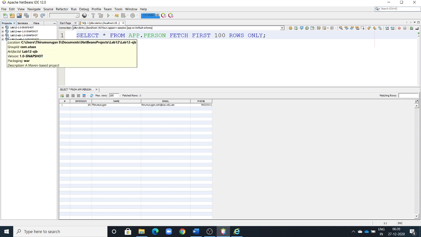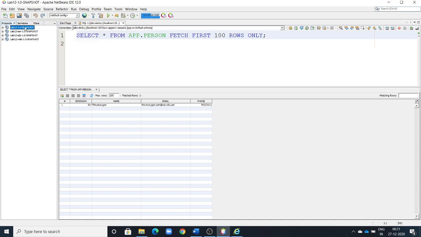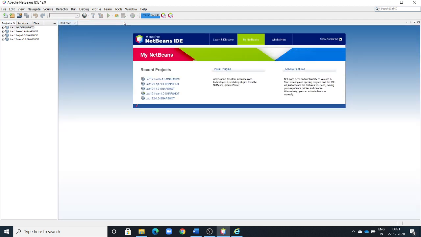Next one is the EJB, that is Enterprise Java Bean. This EJB project generally contains the business logic of the application, packed as an EJB jar archive. The last one is the web application. This project generally contains the presentation layer of the application, such as JSF, JSP files, and servlets. But even though it is separated into 4, everything is contained in the first one only, in Java Enterprise Edition. That is a major change between versions 6, 7 and 8.